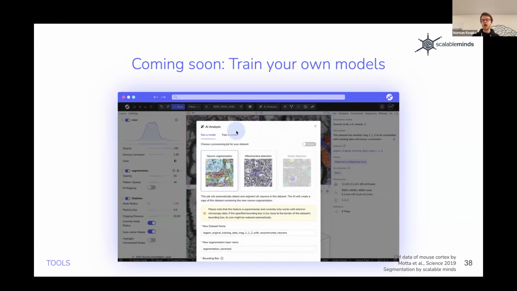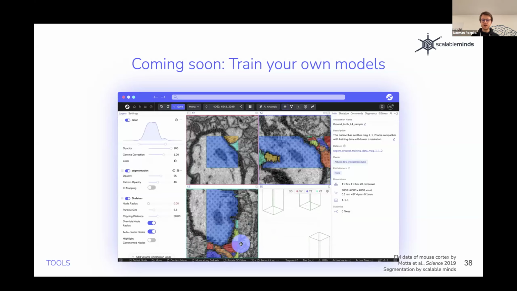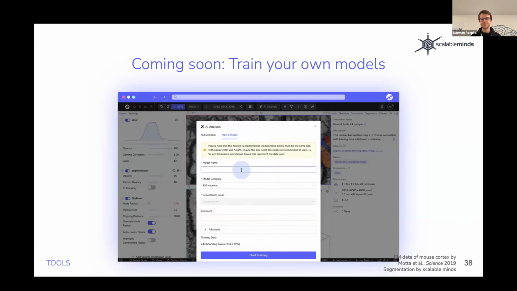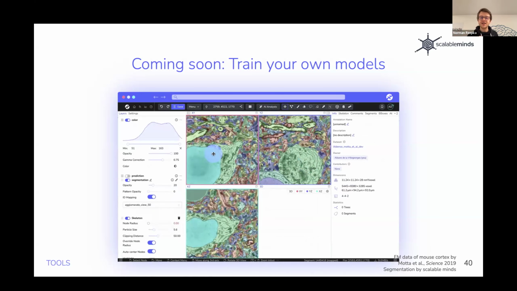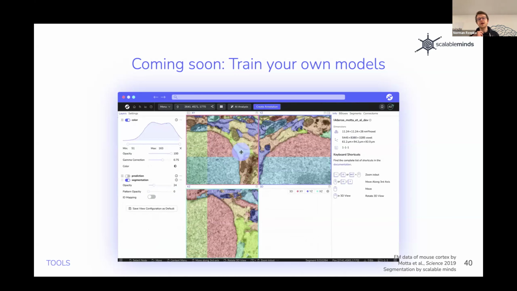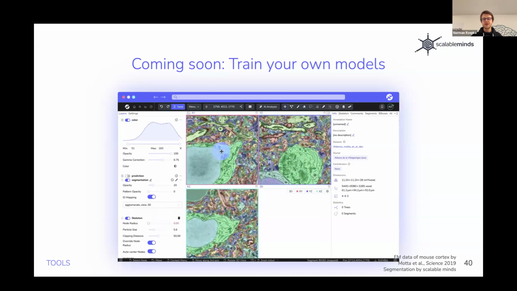And then again, we can hide all of the complexities of running and training models for you, so you don't have to worry about that, and train a model. And then once it's done, you can roll that out onto your entire data set. And then you get a result that might look something like this. You can see here we have support for different mappings. We're working with supervoxels. That's not important right now, but what you can see here is that you can then also, again, edit this and, for example, use the proofreading tools in order to really then do the final touches on your segmentation to get it to a state where you're really happy with,